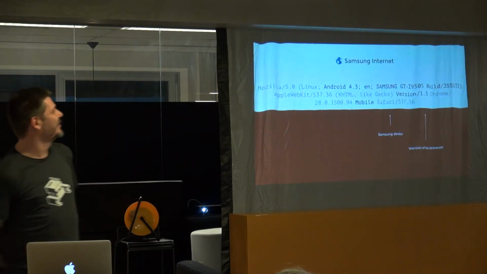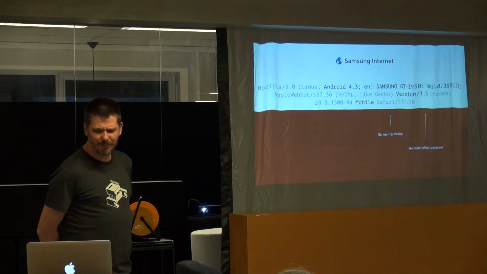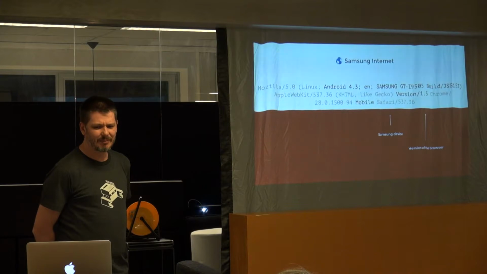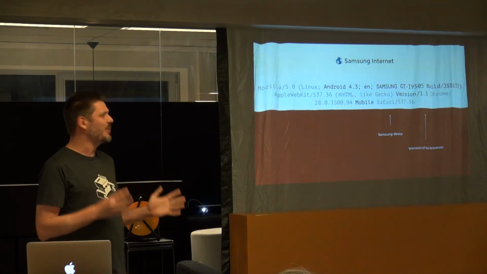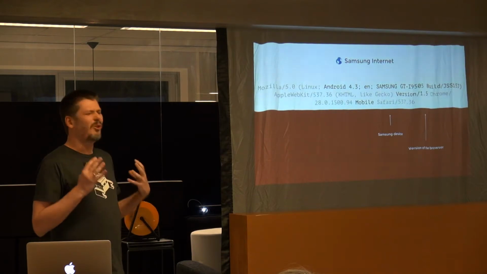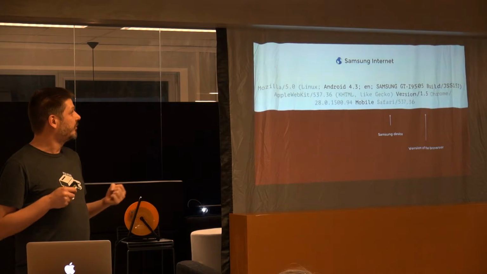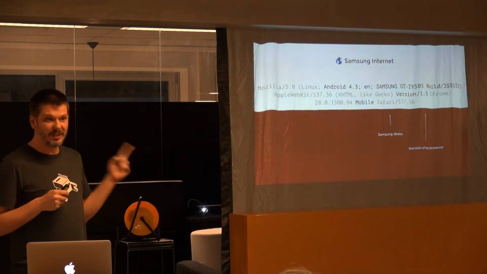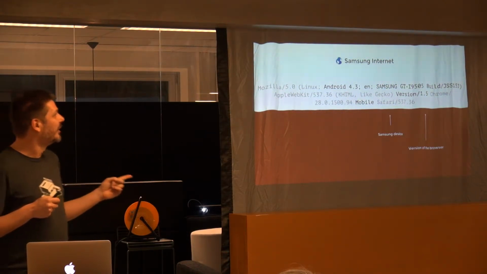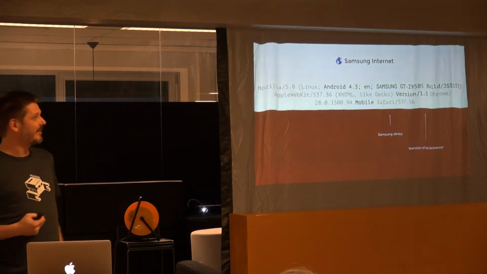This is the user agent string of Samsung Internet. And it's actually pretty weird, because it is almost exactly the same as Chrome 28 on an Android device. But it isn't. This isn't Google Chrome. This is Samsung Internet. And how do we know it's Samsung Internet?